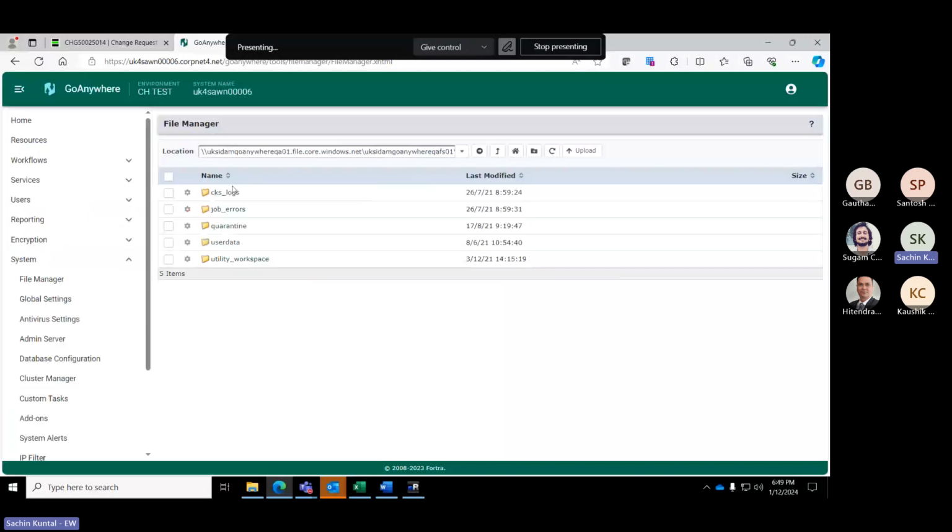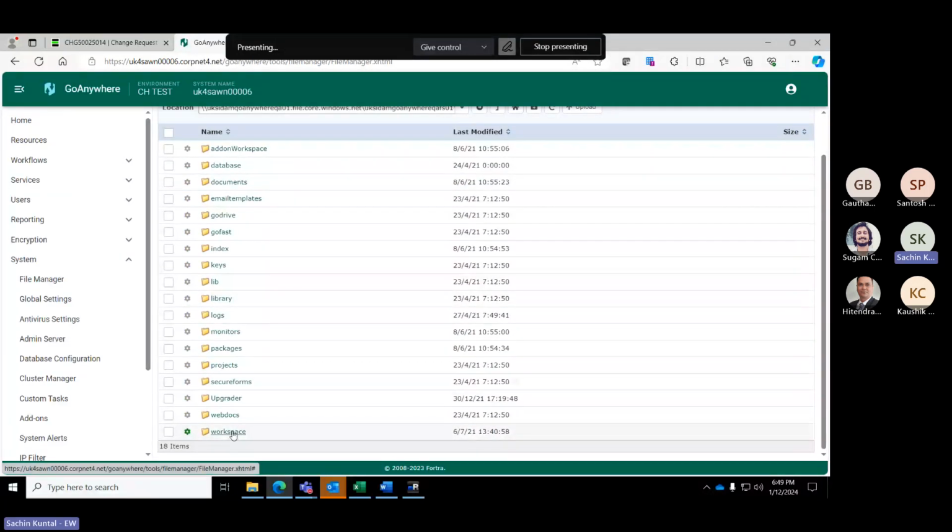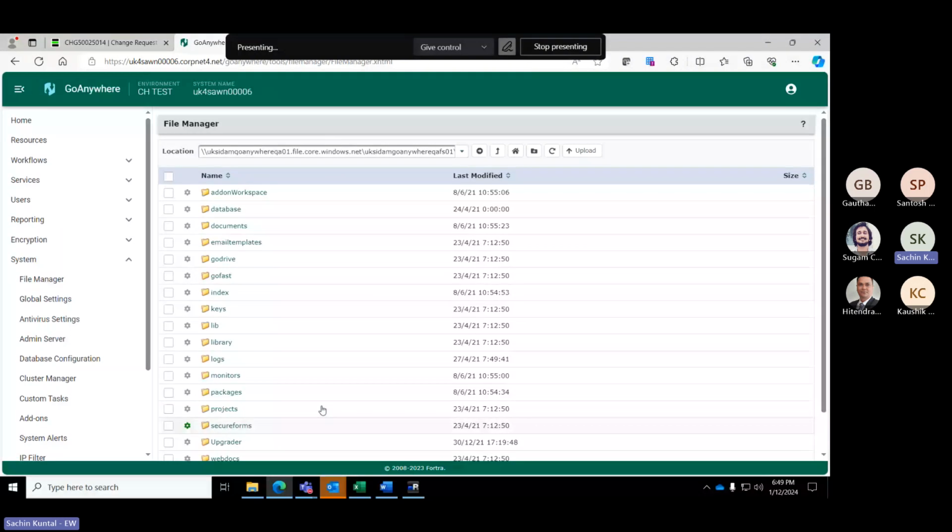The quarantine folder is over here. And if you go within user data, the workspace folder is located over here. These are the two folders that we check apart from the project folders.